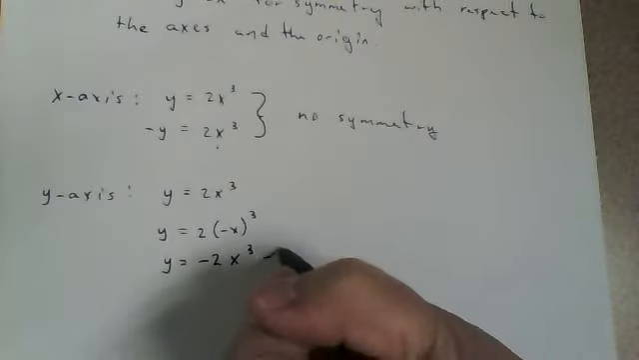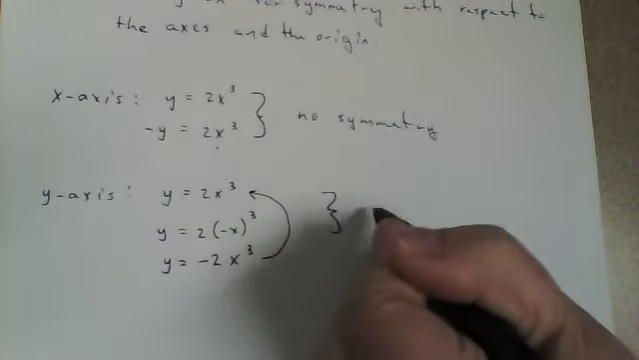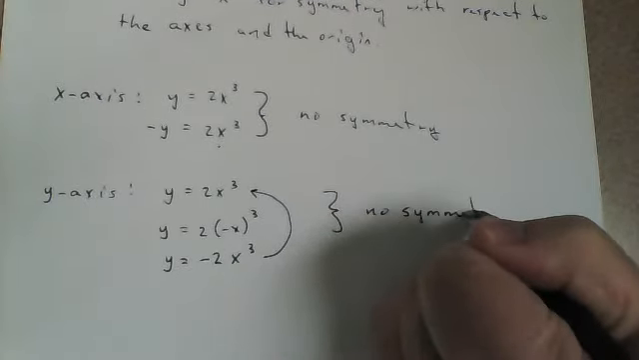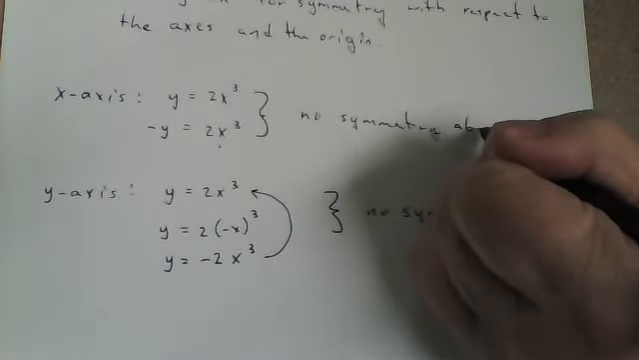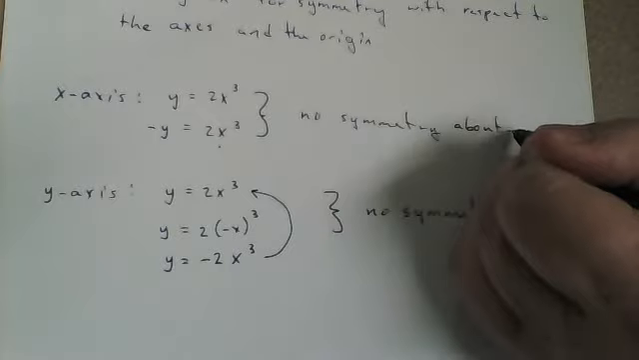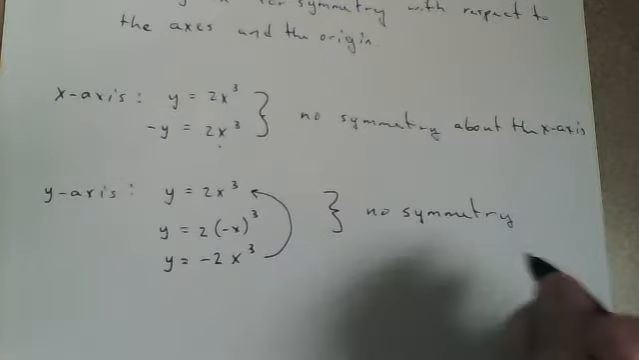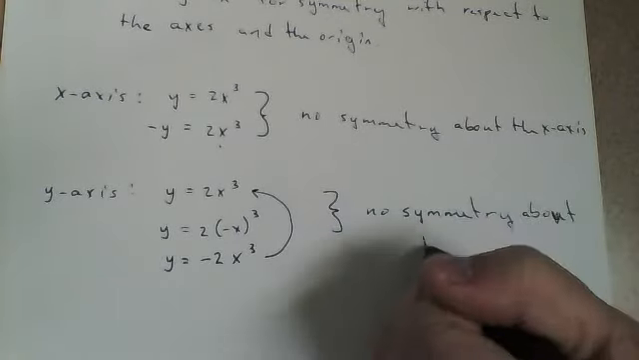cubed. And we have to look at that and go, is it the same as this? Right? Clearly it's not. We have that negative in front of the 2, so it's changed things up a little bit. And so again, we have no symmetry, right? This is no symmetry about the x-axis. This is no symmetry, oops, about the